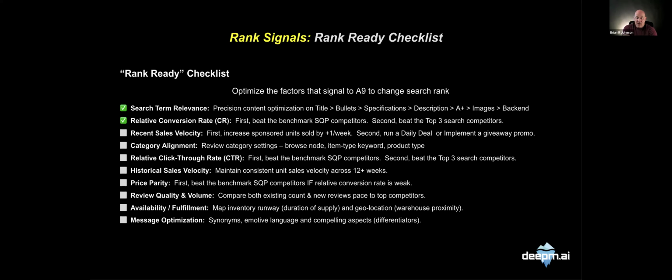Similar to the concept with people, of the superpower, right? Do you know what your superpower is? Do you know what your zone of genius is? The idea is that you lean into and focus on your strengths and you push away as fast as possible those things that drag down your energy, that are a distraction, that create noise, right? The same thing applies when it comes to rank optimization: you want to focus on the search phrases where you perform. Now, initially, especially if you've got a young product that's less than a year old, maybe that means you have to focus on 5 search terms. Not great, but